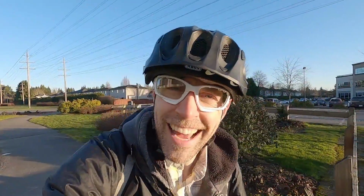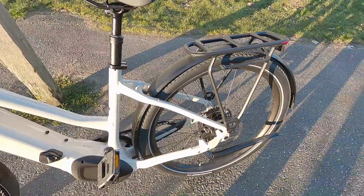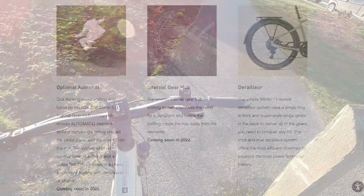Well guys, that's it. That's the new 2022 Specialized Turbo Vado 4.0. Again, it'd be fun to look at the MVolo and the automatic shifting. I've checked those out on some other bikes in the past. They do add a little bit of weight, they add to the cost. But it's neat, you know, you don't have gears, there aren't steps, and since this doesn't have shift sensing, if you're new to bikes and you want like a ramped feel rather than steps, you might check one of those